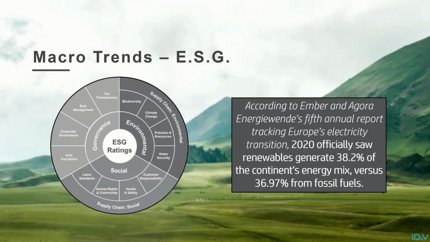Another bit of a turning point as well, although the pandemic definitely took most of the headlines last year. Last year was actually the first time that Europe saw most of its electricity generated from renewable resources rather than fossil fuels. So you can really see it's a mega trend. It's happening everywhere. Investors are investing in companies based on their ESG scores. Customers are buying products based on their ESG scores. And as a society, we are now moving away from those traditional fossil fuels, although they're going to be there for a long time, to these more renewable equivalents.